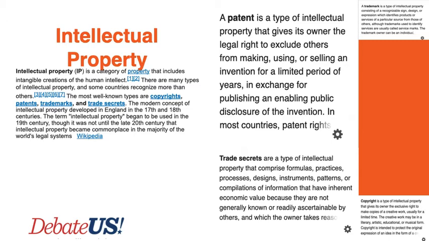Then we also have types that are really kind of less relevant on this topic as it applies to medicines, but it can be applied. Sometimes there are copyrights and there's certainly trademarks at issue. A trademark is a type of intellectual property consisting of a recognizing sign, design, or expression. Again, it's not really a core part of this debate, but it is related, right? We know that Pfizer and Moderna produce vaccines and they have their own branding and images, and that's a trademark. So even if somebody else gets a hold of their intellectual property, we might not want to let them just sell the product or a similar product under their name.